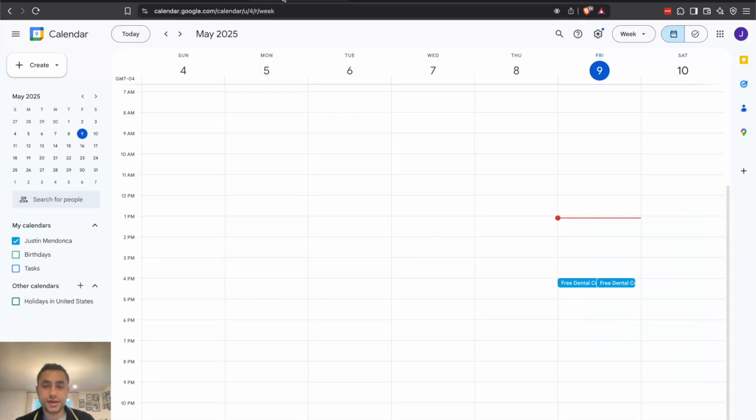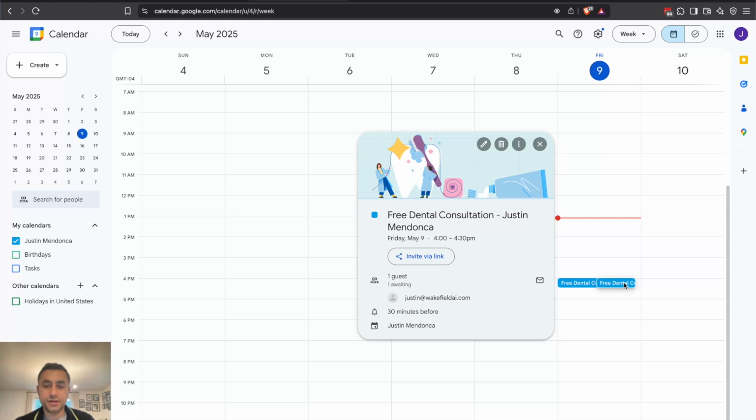Let's take a look at that calendar and see what it did. So it actually has scheduled an appointment for me for today at 4 p.m. directly on that calendar. So again, taking that role of a secretary or a receptionist and really automating all of these processes. You can see that it has my contact information, my name, my email, and on top of actually